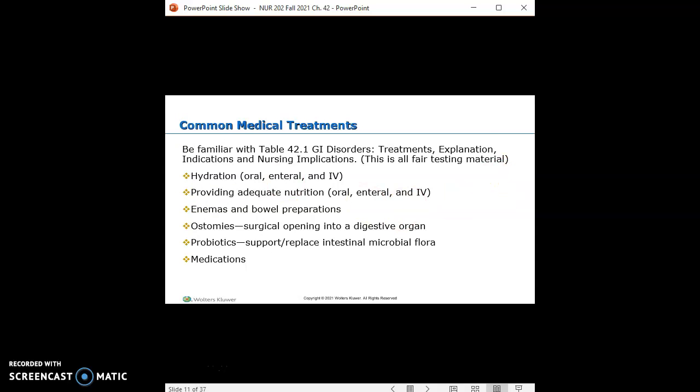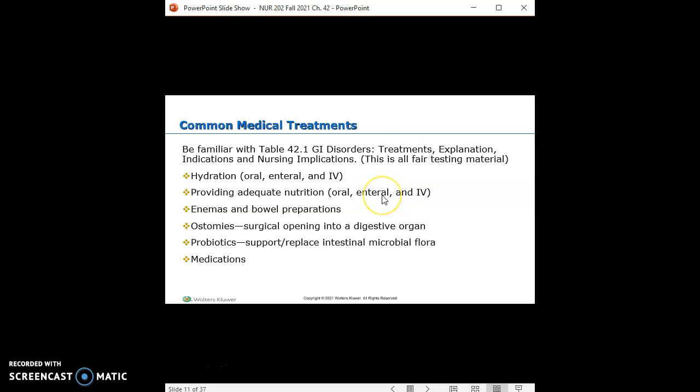So, what are some common medical treatments in the child with an elimination issue? You may see orders for hydration. That's one of the more common, especially if they've had diarrhea or poor fluid intake, or they have an issue that is creating an excessive fluid loss. So hydration is important, as well as providing adequate nutrition through oral,